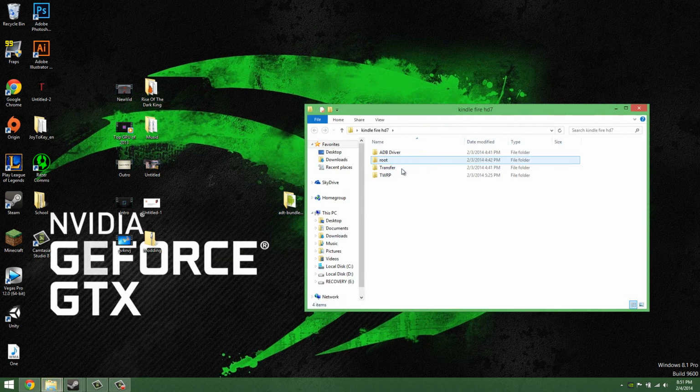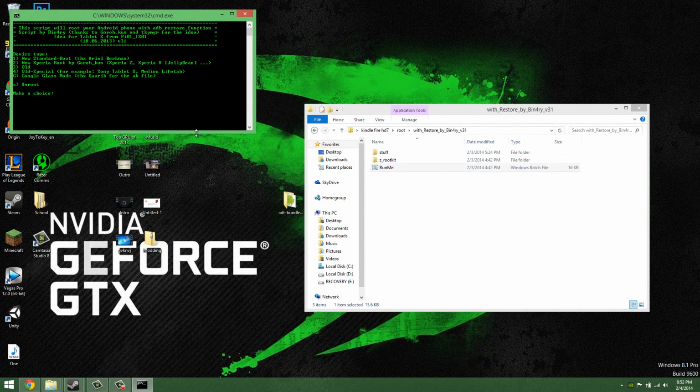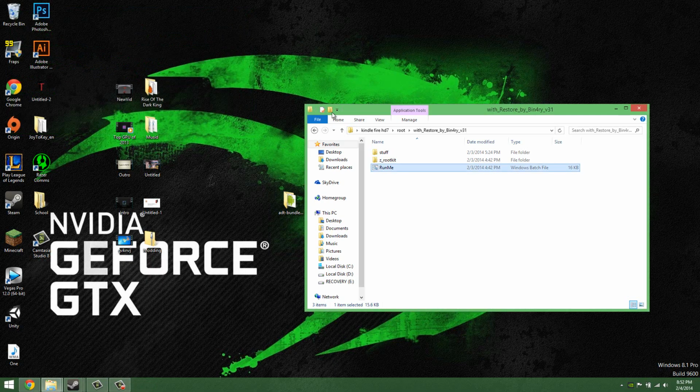After that, once you have that installed, you go to root, and double click run me. All you have to do is hit 1, and it'll tell you when to hit enter, how many times it's going to reset. It's pretty simple. Yeah, it's pretty awesome. And so after that, you would install